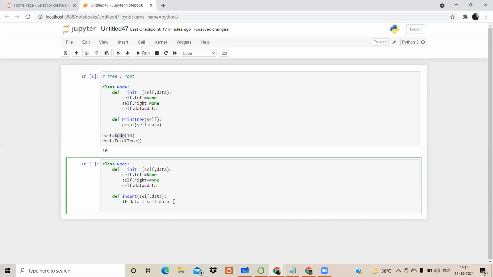Then in that case, first we have to check whether self.left is None or not. If self.left is already None, we will add that data towards the left-hand side. But if self.left already has some data, then again we have to check whether that data is smaller or larger than the current element that we are going to add.